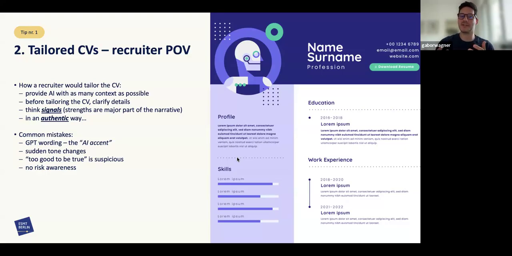But the recruiter is not necessarily aware of that. So you can basically become a risk that they would like to avoid. And ChatGPT or other AI doesn't really think about it. But you should always, as I said, apply critical thinking. You should always think about these sudden or subtle signals that can make or break your application.